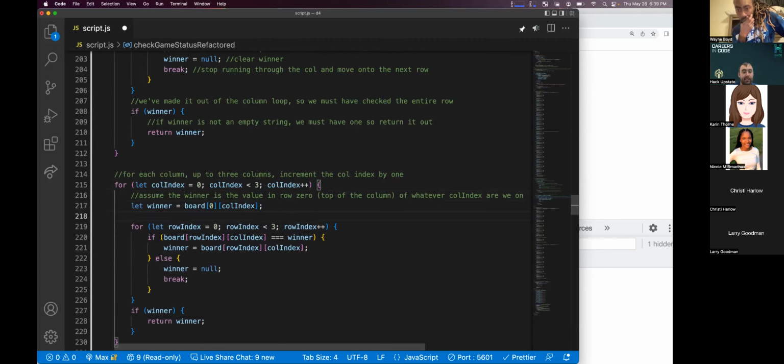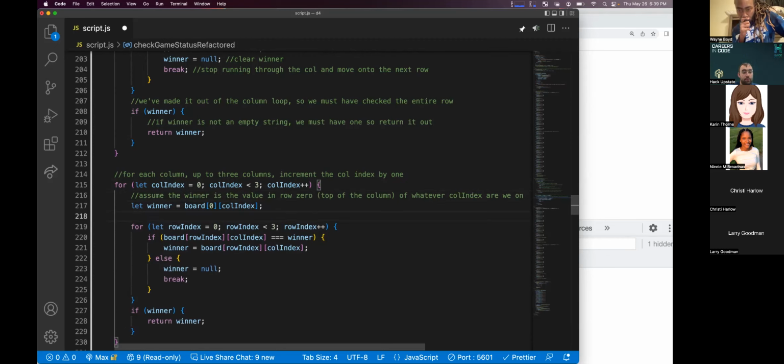Okay, now what's this for loop looping over? Going through each individual row. And then after 3 rows, increment on that. We're checking to see if the current row and column are equal to whatever value the winner was.